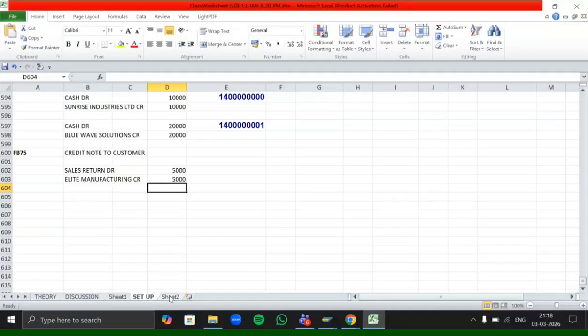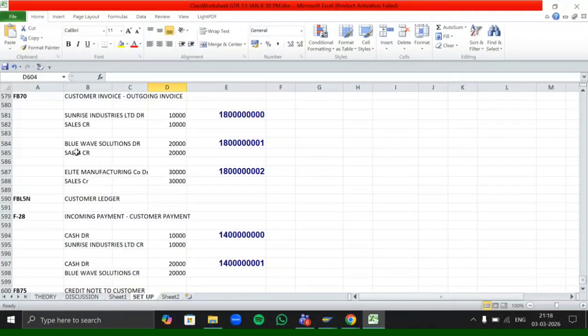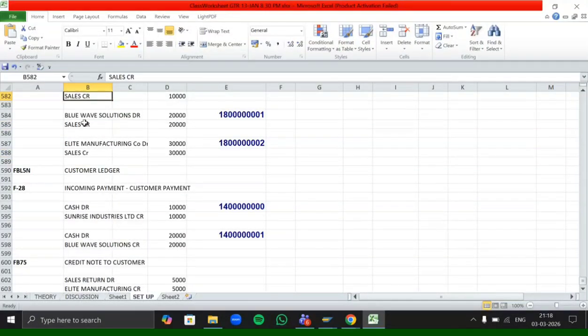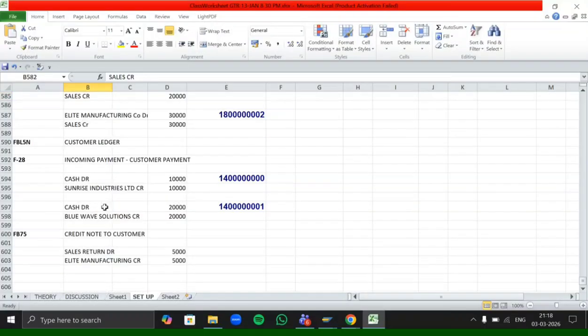Don't we need sales return GL? Because if we use this particular sales GL, this sales GL shows that whatever product we have sold to our customer, but now we are taking it back. That customer is returning us. So which GL do we need here?